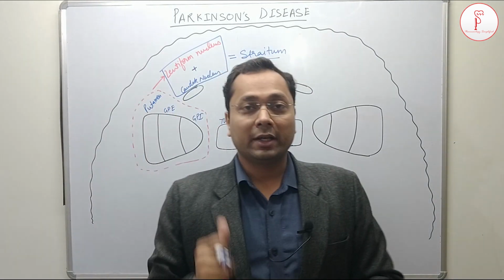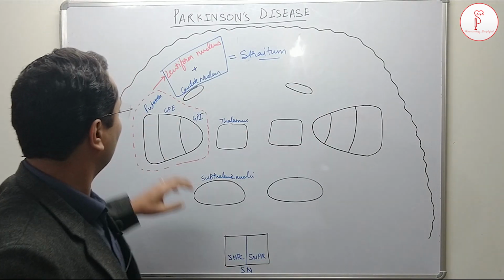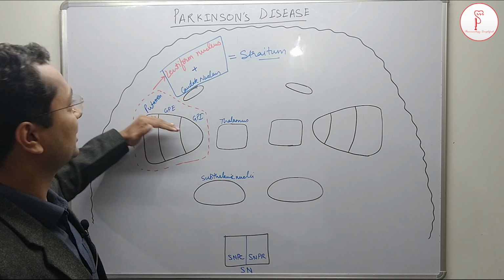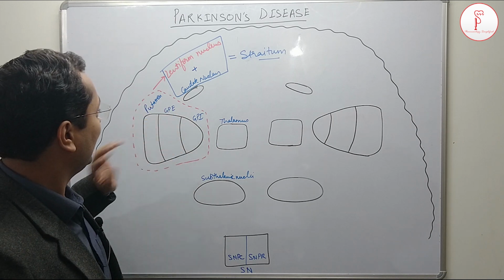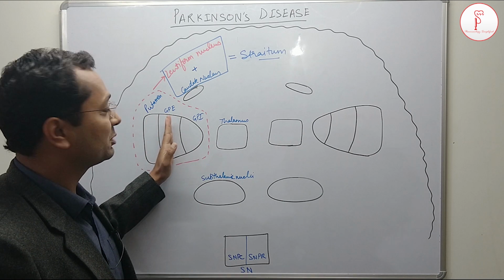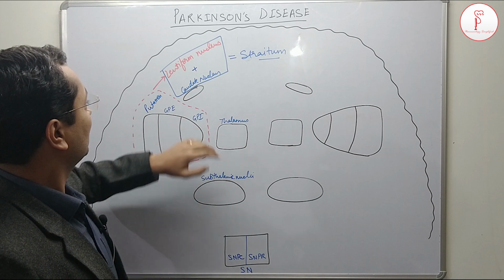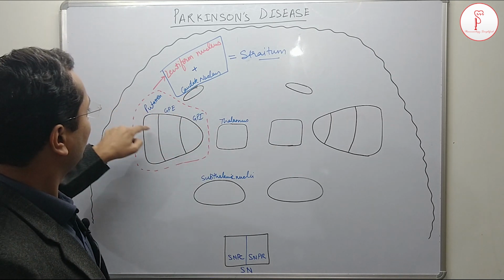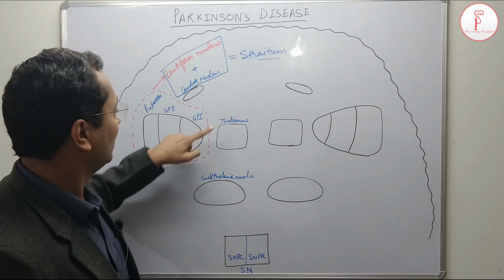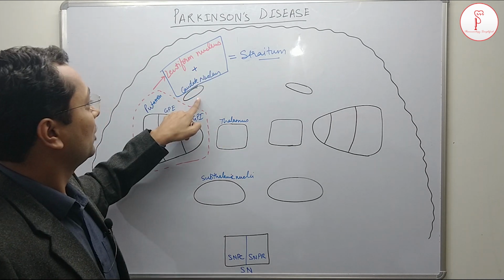So now the arrangement that we are seeing here comprises this. This is the basal ganglia. It has different nuclei. This one is called putamen. This is globus pallidus externa. This is globus pallidus interna. This whole putamen, globus pallidus externa and interna, they are collectively called the lentiform nucleus, and there is one separate